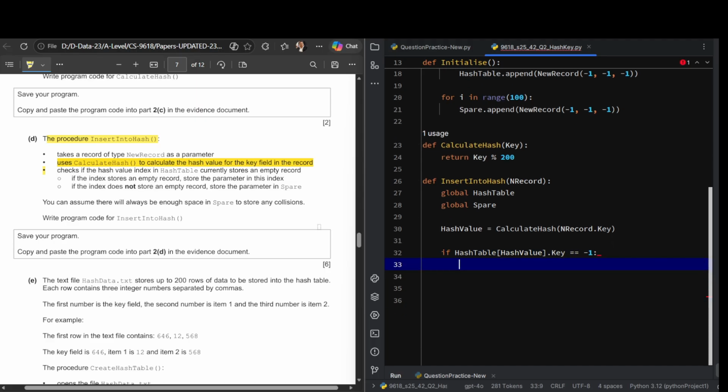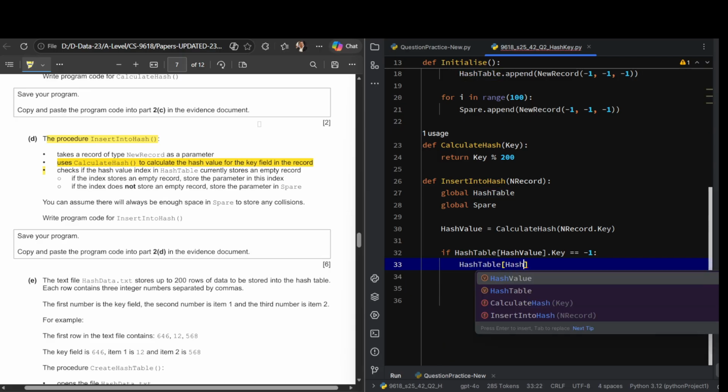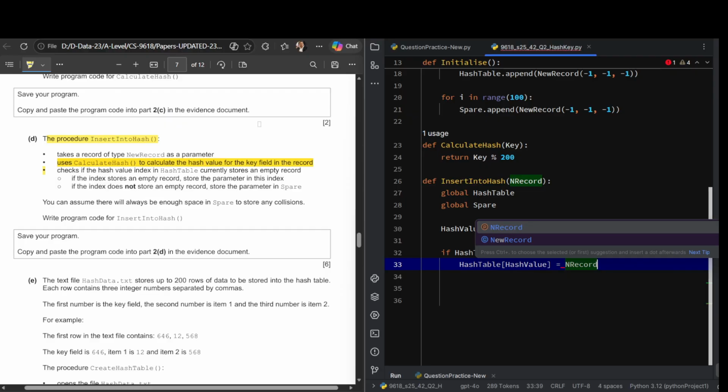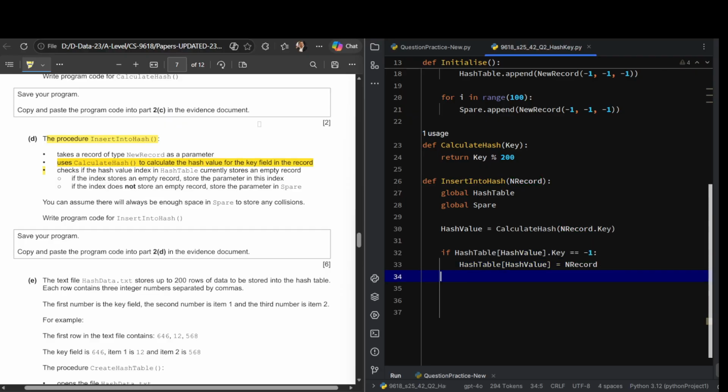If it is equal to -1, it means it is empty. So what will happen? The hash table hash value will get the n record. So the data will be stored in it. Okay. So we'll store the data like this. Else,